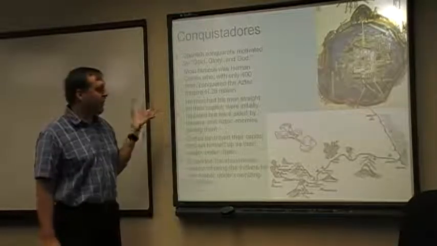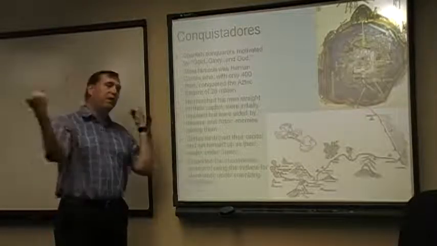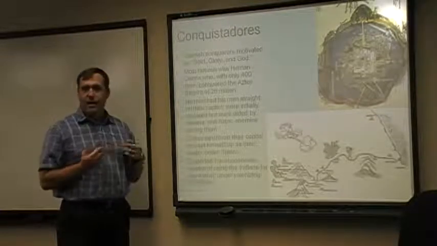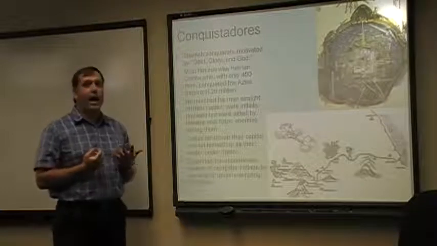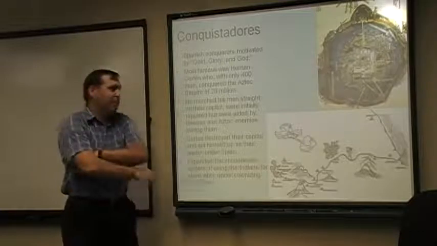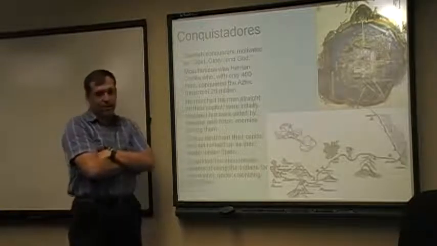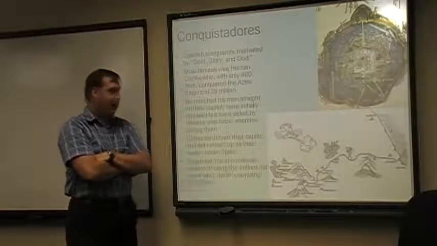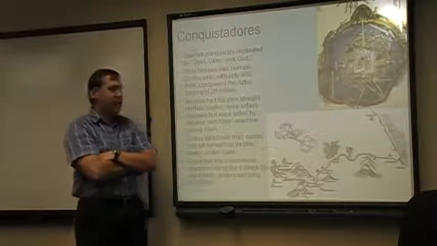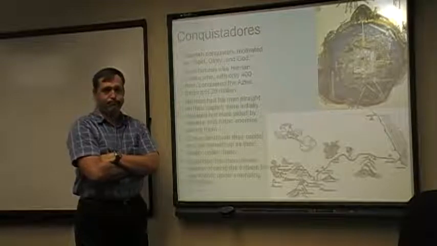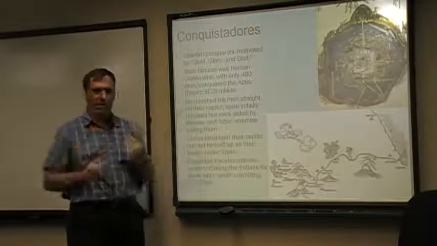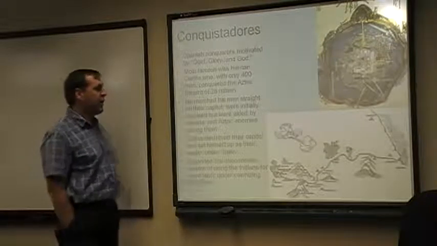He charges his army right directly into the center of the Aztec formation, pulls down one of their battle flags, which to a European army, that would be, man, they took our flag, that's bad, okay? It would cause some confusion because you don't have your normal rally point. It maybe even cause a little bit of psychological damage. Man, they took our flag, that's a real bummer, right? To the Aztecs, they view this as, well, the gods have turned against us, and most of the Aztec army just goes home. So again, you've got sort of AM and FM that are trying to communicate with each other, and it's happening in very odd ways.